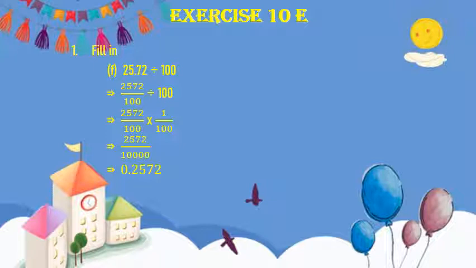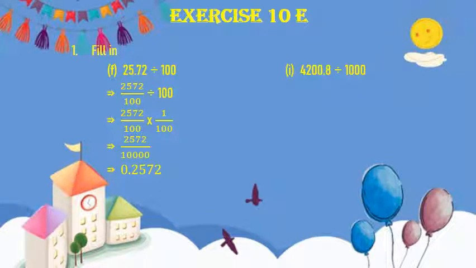Now children, if you see the product, you can very well make out that since there are 2 zeros in 100, the decimal place has shifted 2 places towards the left side. So in the decimal fraction, it was before 7, but now in the product it is before 2. So it has shifted 2 places towards the left side.